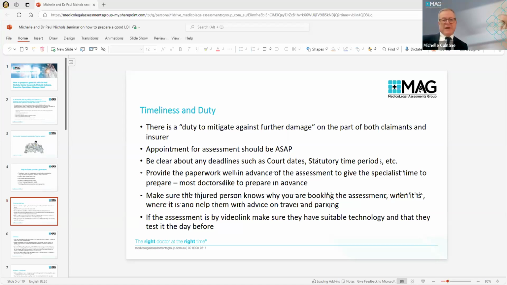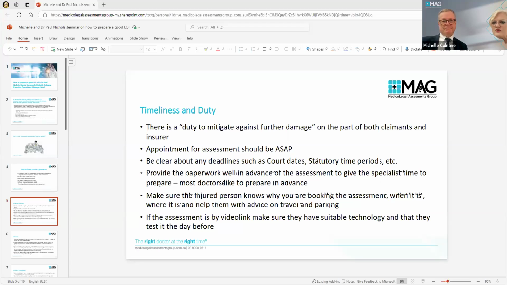For instance, if I know that there's a court case coming up or whatever, and I know that the pre-incident documentation is going to be important, and I can't make a comment on causation until I get the pre-incident documentation, then I can ring you straight away and say, look, it's not going to work. You're going to have to postpone. The lawyers have to postpone that settlement until all of the experts have access to the pre-incident records. Otherwise, it can't be done. And they'll have to put off in supplementary reports, and then of course the costs go up.